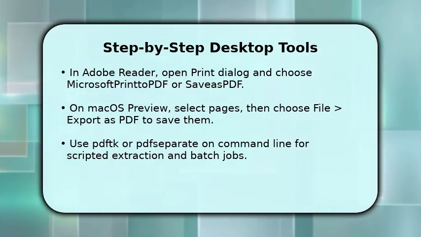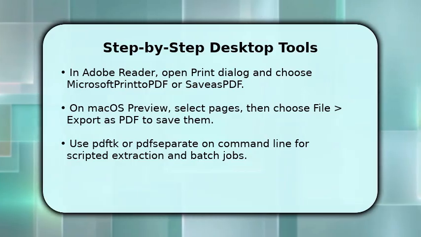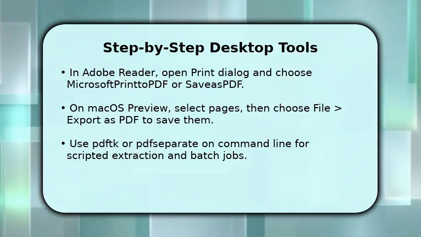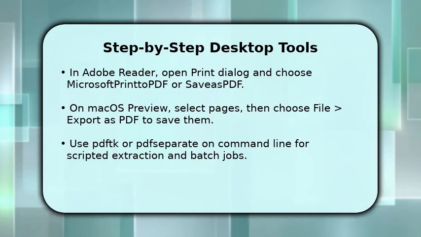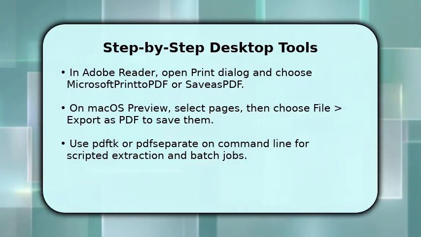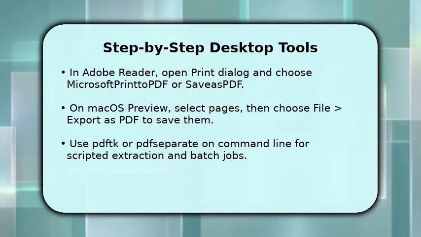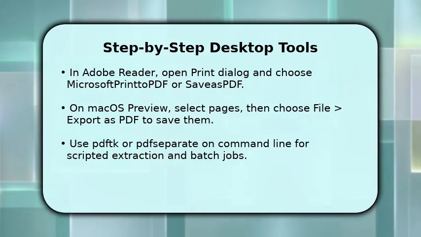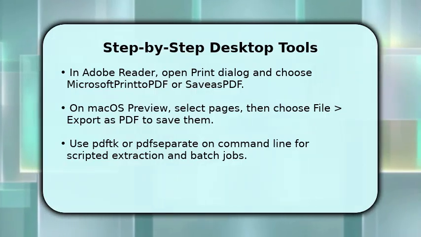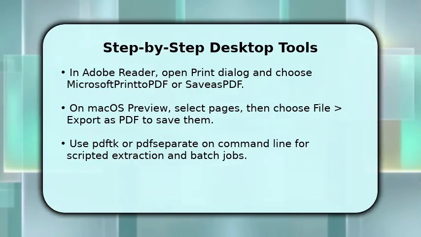Alternatively, open the print dialog and choose Save as PDF or Microsoft Print to PDF to create a new file with selected pages. On macOS, open Preview, select thumbnails for needed pages, then choose File, Export as PDF to save them. For batch or automated workflows, use command line tools like PDFtk or pdfseparate, with explicit page ranges and